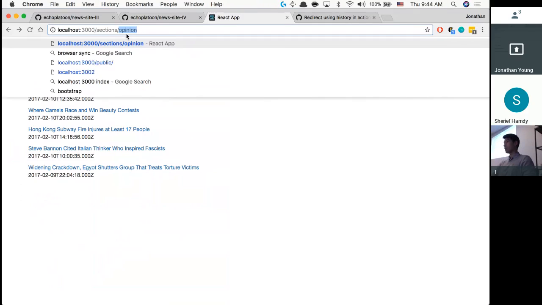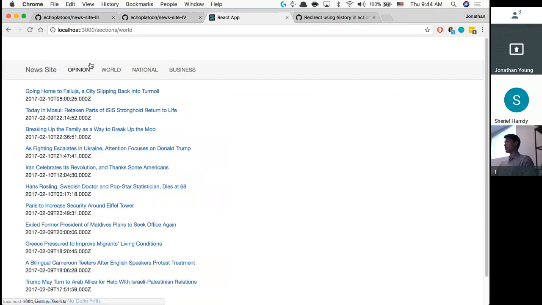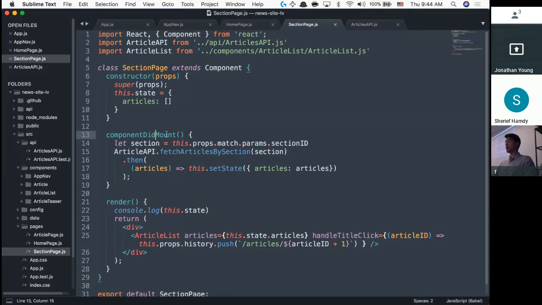So if I go to world or something like that, this will work. But if I were to just simply click around and then it makes a new request, that component's already loaded on the page. So instead of using the componentDidMount method that I have here, I'm going to actually change it to